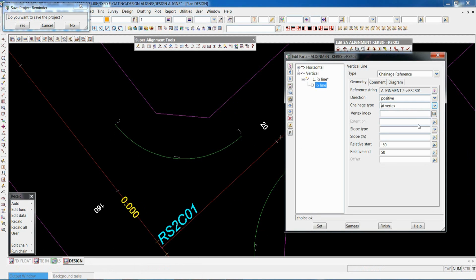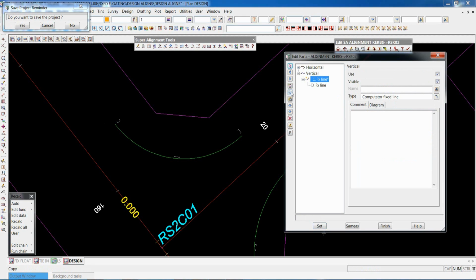So in that case here, it's easy for me just to use vertex. I've only got 2 vertices on this string. The slope type is a crossfall from the through road. It's going to be -3%. And what I see in the vertical geometry side, I wouldn't mind seeing it's over -5% geometry at the start, and I want it to be 0 at the tangent point. So again, I've got another one here. I'll just create the 2 parts here before we go and have a look at our section view.